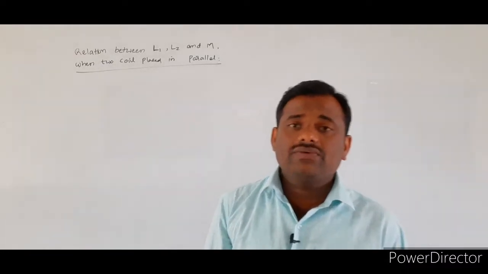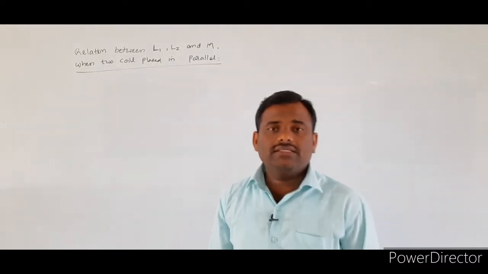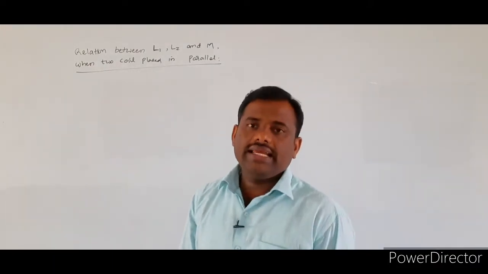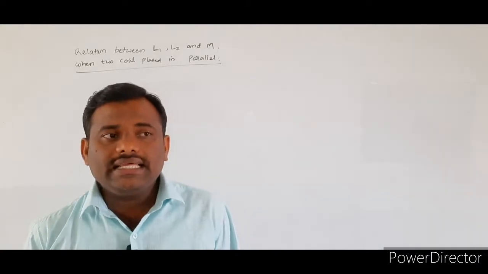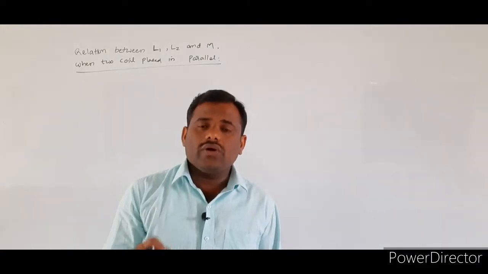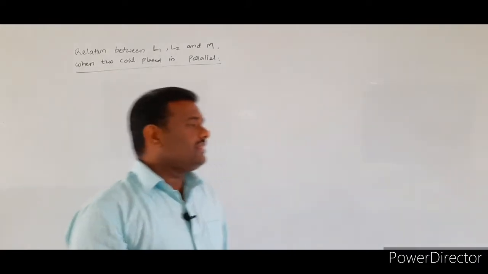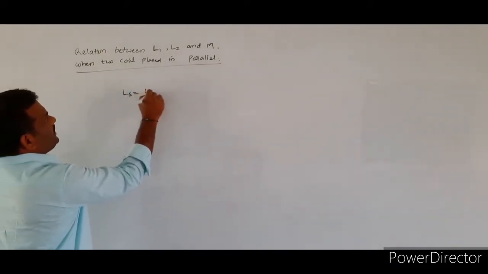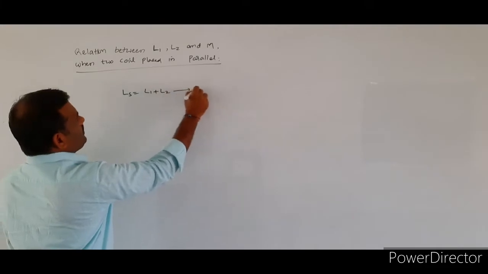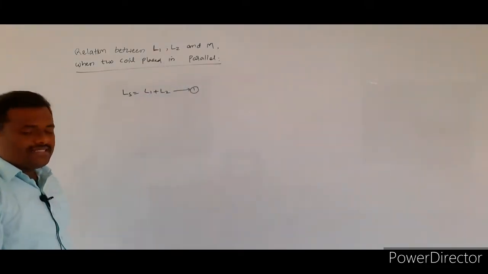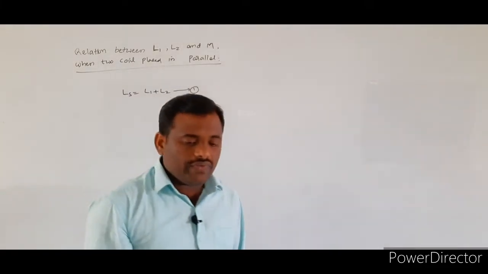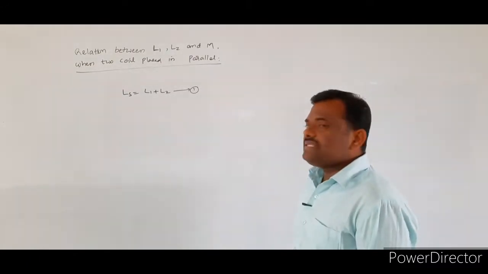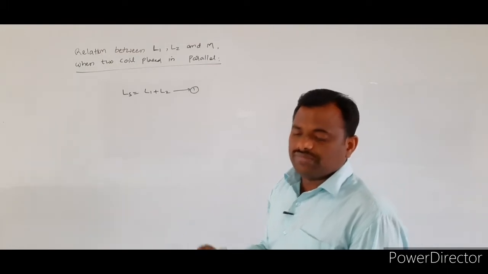In the last class we discussed the combination of inductor coils. What is that? The series combination of the two given inductor coils. There we derived that whenever the two coils are arranged in the series combination, the effective value of the coefficient of self-induction is given by L_S = L1 + L2.